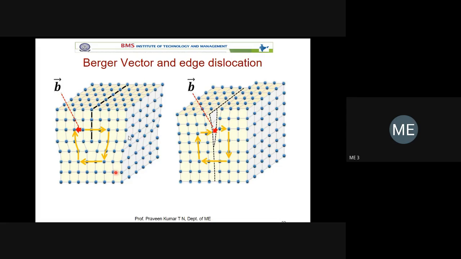Imagine you have the crystal or grain. In the crystal or grain, there is only one extra plane of atoms, and this extra plane of atoms causes deformation. You can see here that this deformation, how much it is rotated, how much it is moved, is given by the Burgers vector b. This is Burgers vector b. When there is no defect, suppose you are moving from this point to this point, you can find out what is the distance moved along the direction. If there is a defect, what is the distance moved when there is a defect?